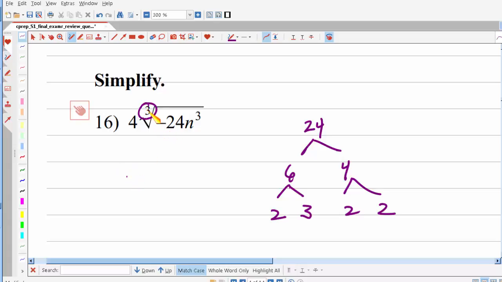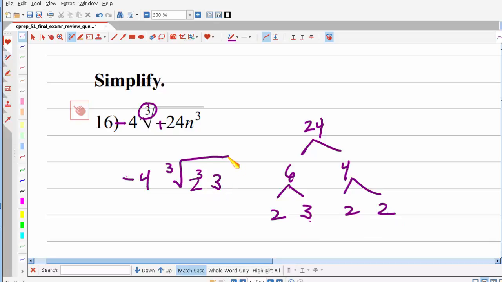First of all, when I have an odd exponent or index, I can have a negative under the radical. You just bring it outside and it becomes negative. So really I'm working with negative 4 times the cube root of 24n cubed. Because I'm looking at the third root, I'm going to group my factors together in sets of 3. So I happen to have 2 3's